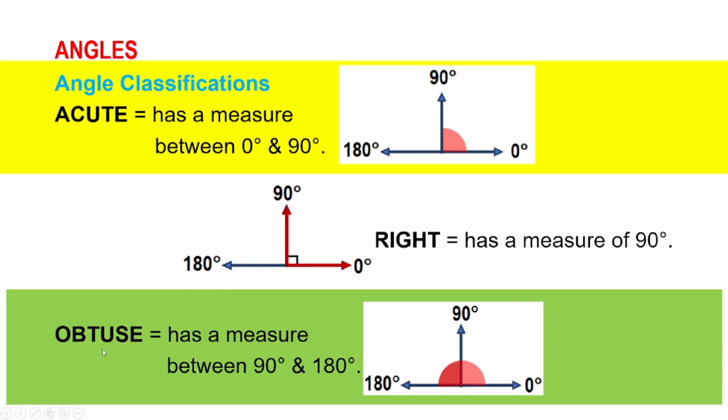And third is called obtuse. So obtuse has a measure between 90 and 180. So right here, the darker shaded part, obtuse will be found on this region. So it's between 90 and 180. So to continue